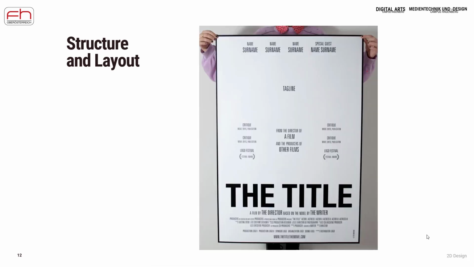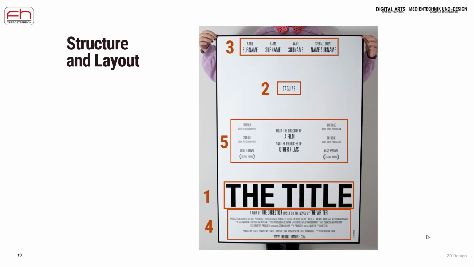Basically, this is the structure, okay? And this structure follows a hierarchy. So for example, we have here the title, which is probably the most important information, because it's the name of the product, and then a tagline, and then we have the names of the actors or the people involved in this thing, and then we have the credits, and of course at the end you can add some other information,